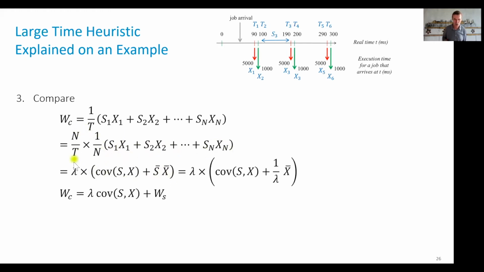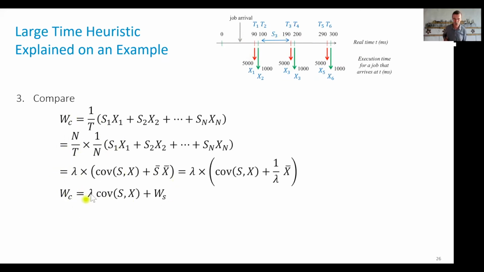And n over t, what is n over t? Well, n over t is the number of arrows I have seen divided by t. So we can call it the intensity. It's the number of arrows we see over time. So it is the number of service opportunities, the number of times a server wakes up per time unit here. This is what my simulation will estimate for lambda. So we obtain this formula.